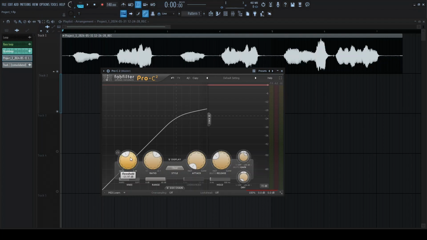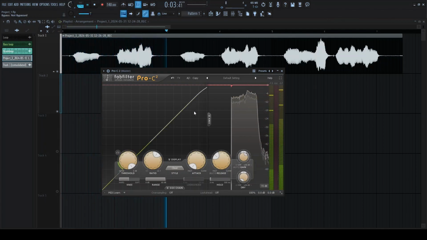So the threshold, what is it? The threshold is basically the knob that allows the signal. If the signal is going above this line, so this is the threshold line, it's going to be affected by the compressor. If it's not getting above this line, like right now, la la la la la la